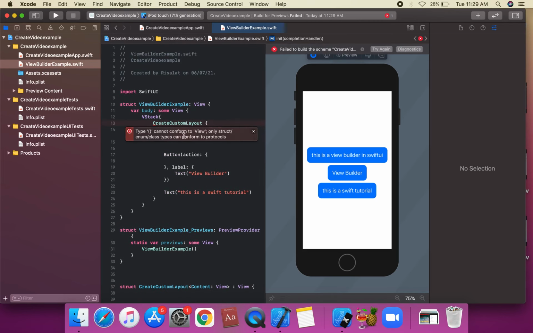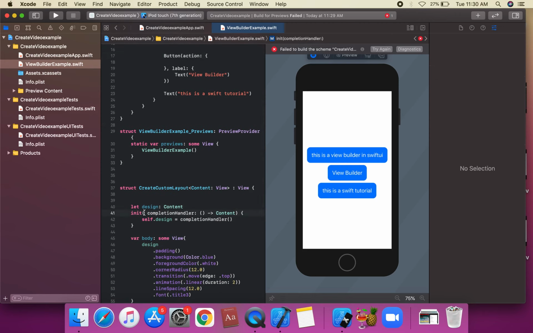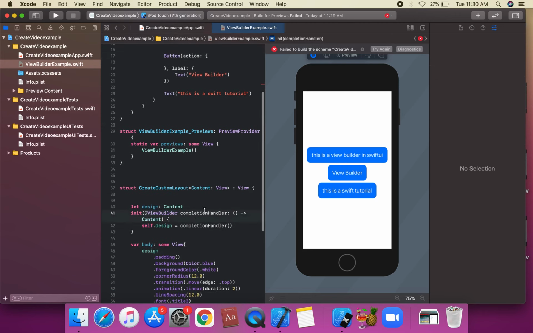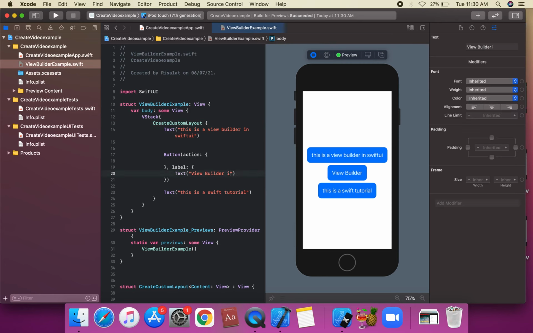This is a custom view structure, a class that conforms to protocols. We can assign the class and conform to the protocol. We can use combine and composing with view builder. Command Z. We can use a view builder. View builder is used for composing components with multiple views and children. Suppose this is a view builder in SwiftUI.